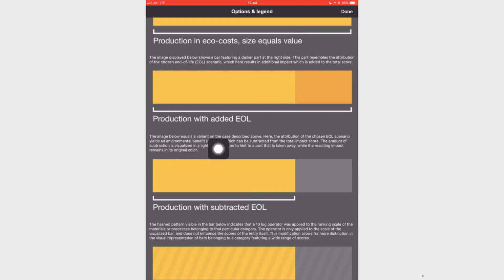So, the image below equals a variant on the case described above. Here the attribution of the chosen end of life scenario yields an environmental benefit or credit, which can be subtracted from the total impact score. The amount of subtraction is visualized in a light gray color as to hint to a part that is taken away, while the resulting impact remains in its original color.